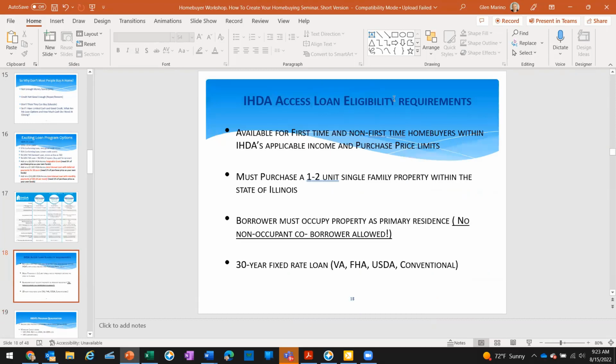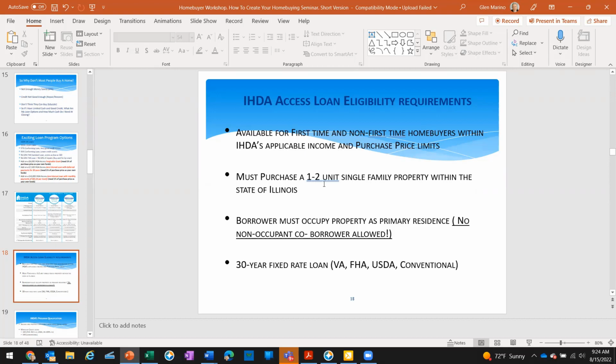So what are some of the eligibility requirements to get to that $6,000, $7,500 up to $10,000? Well, first, it's available to first-time home buyers and non-first-time home buyers. I know some people that are looking to move up. They bought their house when they had no kids. Now they've got 2 or 3 kids, so they have to go from a 2-3 bedroom up to a 3 or 4 bedroom home. They do have to stay within income and purchase price limits, and we'll show that shortly.